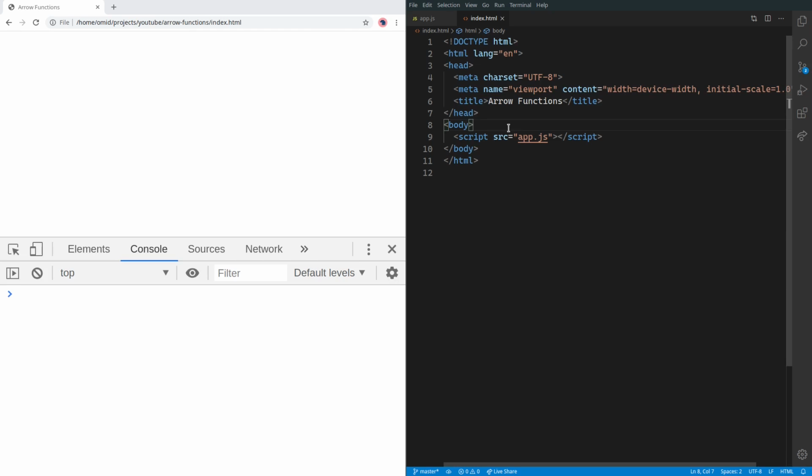In this video, we're going to take a look at arrow functions. Arrow functions were one of the nicest additions to ES6, and they enable us to write more clear and less verbose code. Here I have created an empty HTML document, and at the bottom of the page I have included